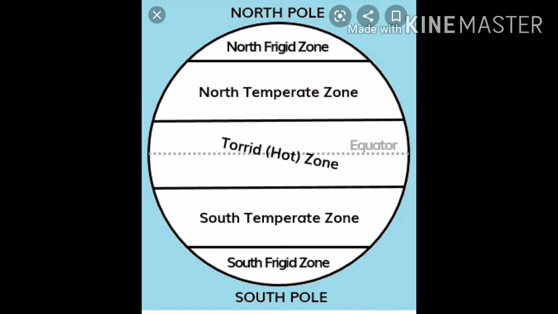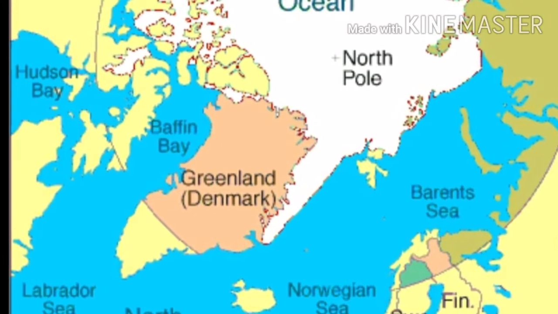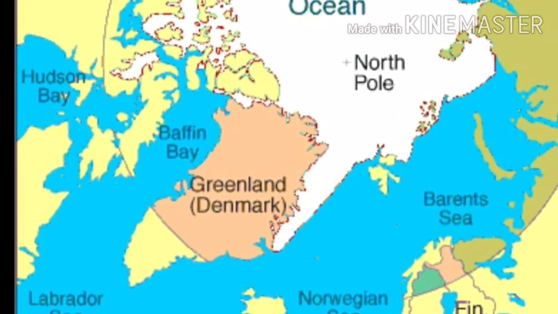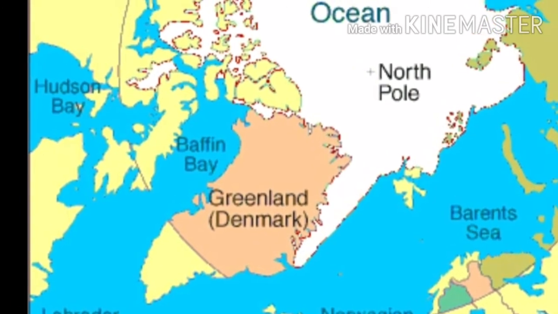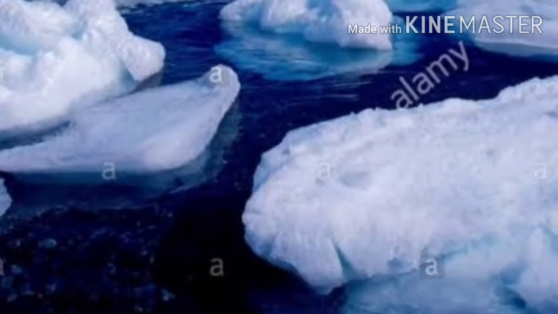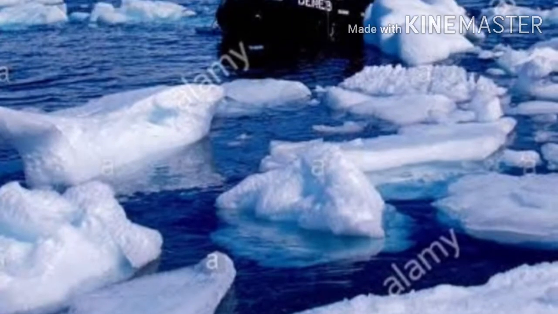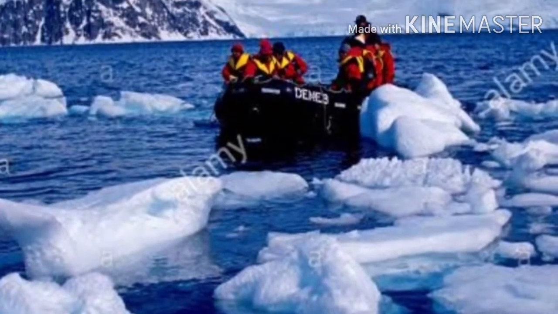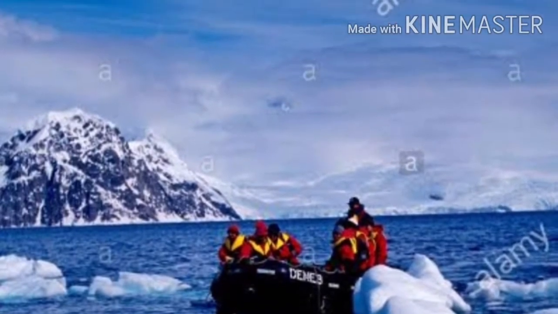Greenland is a self-governing province of Denmark and its capital is Nuuk. Nuuk is the capital of Greenland, which was earlier known as Godthaab. The first European who visited Greenland was an explorer named Erik the Red. He gave the island its name, Greenland. Greenland is located in the east of the Canadian Arctic, between the Arctic and Atlantic Oceans.